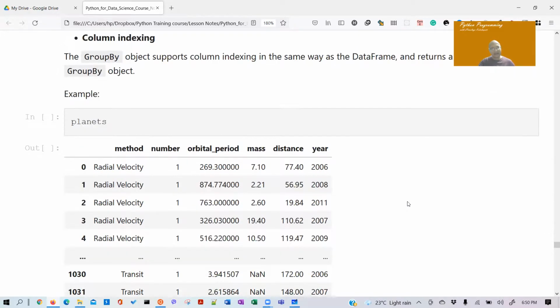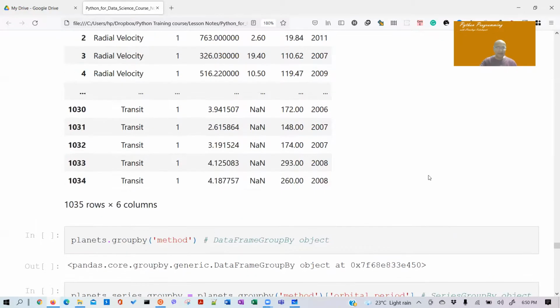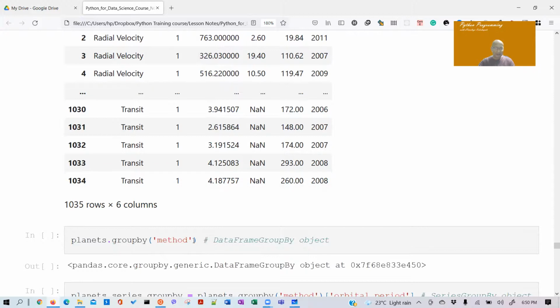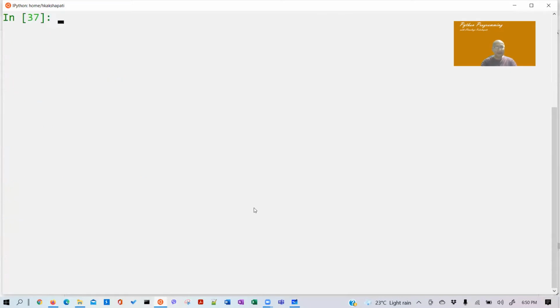Okay, so let's see. Remember your planets data set, right? We have this planets data set, and you've already seen it. Let's say group by method, so we can group by method. Let's do one by one. So planets dot group by